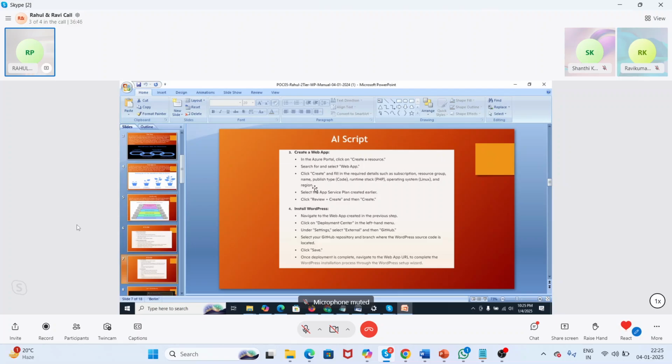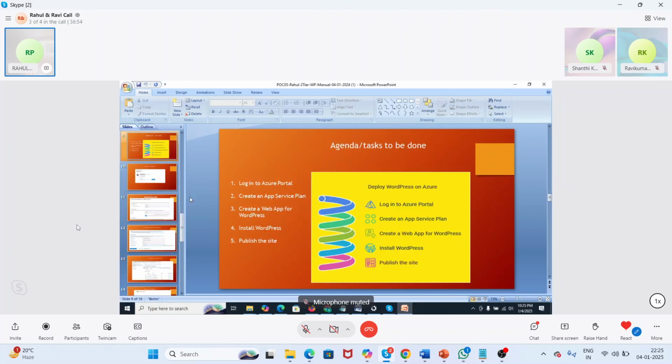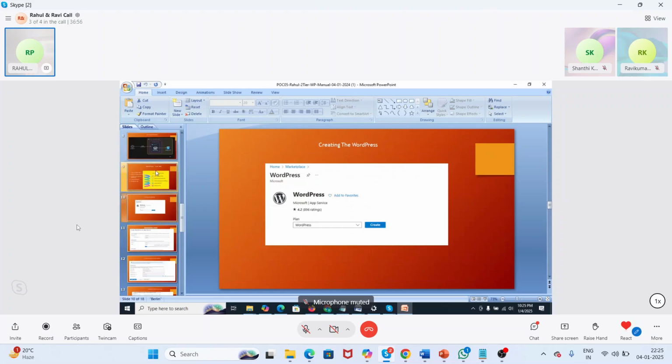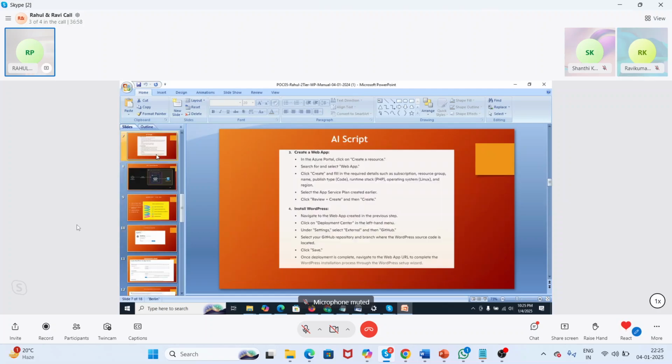Then after creating the web app, I have to install the WordPress app. After the installation is complete, and we see that it takes some time to complete, we then land on our admin page. So that is the overall procedure for creating the web app.